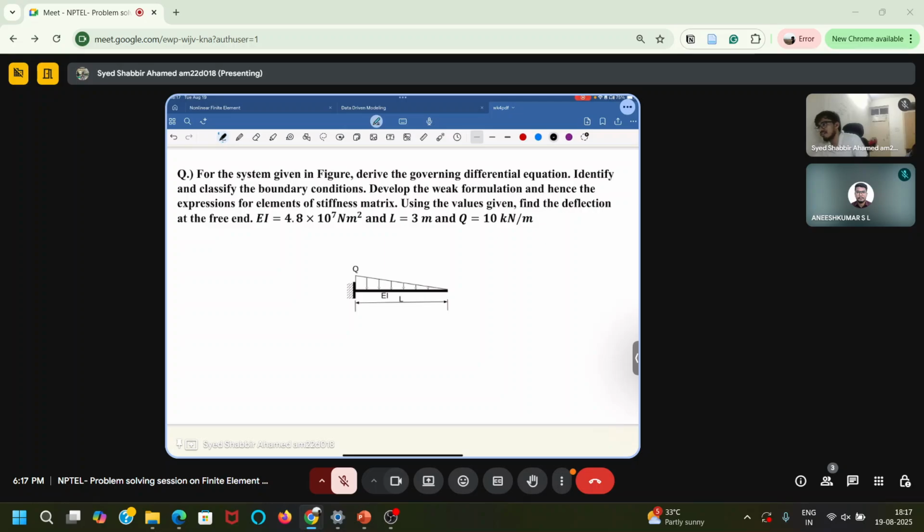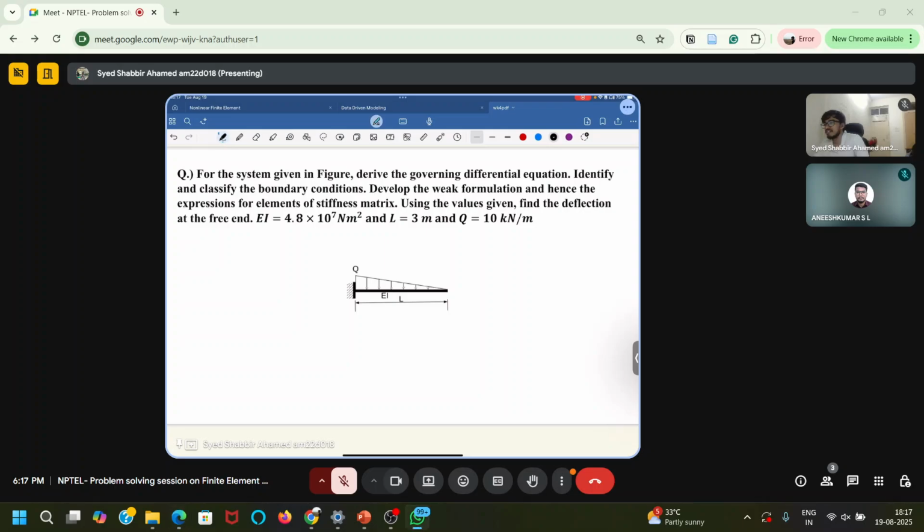One way of doing this, we have already seen. We can also use Newton's second law. Newton's second law can also be used to get the governing differential equation or the conservation of momentum equation. But here we will